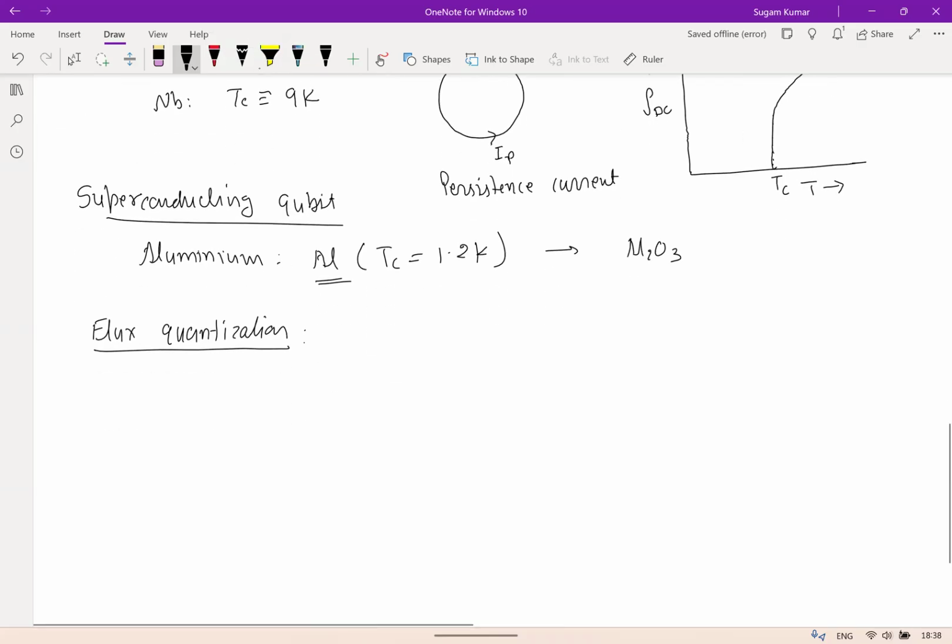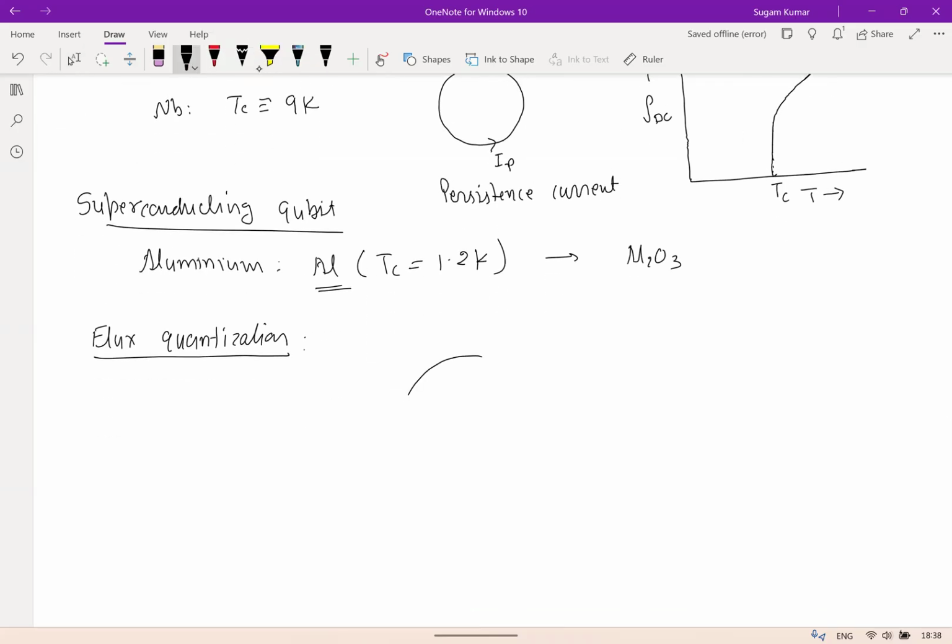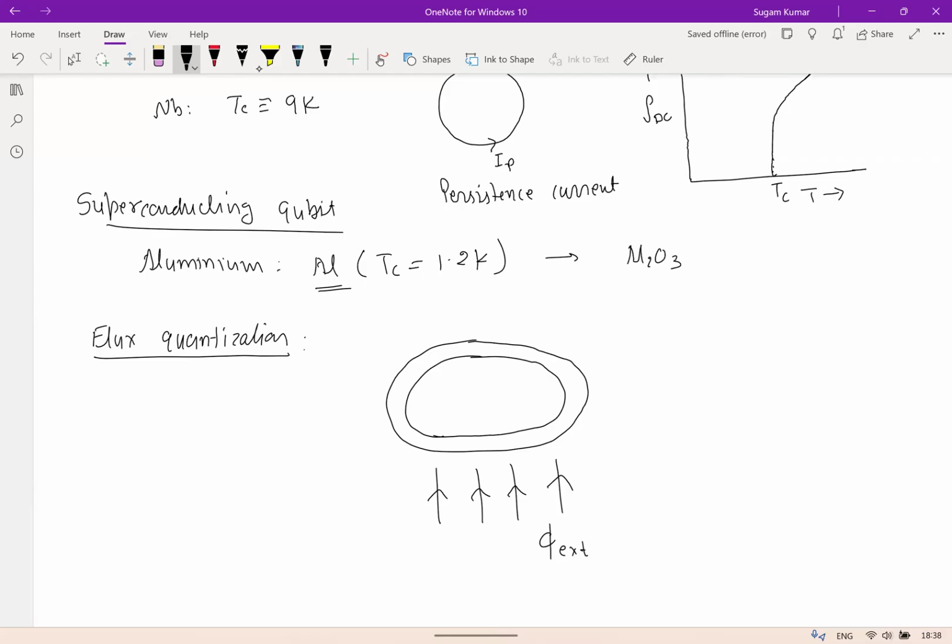What flux quantization means is that if you take one superconducting loop and place this loop in, let us say, an external flux, then it is found that the flux passing through the empty region of this loop,